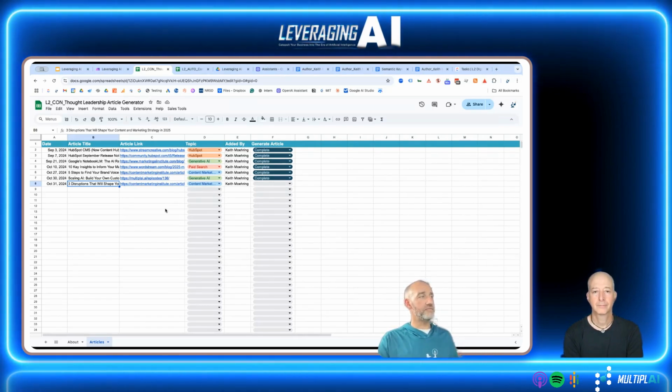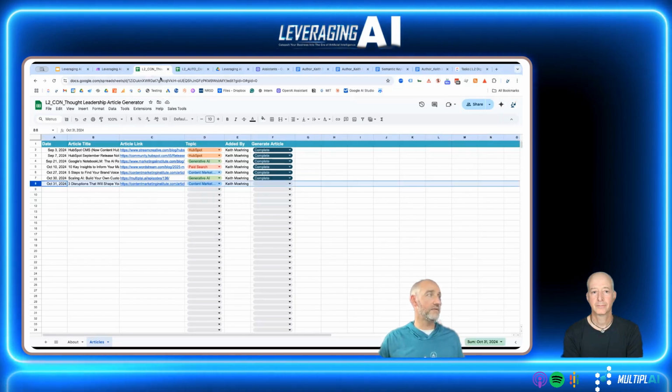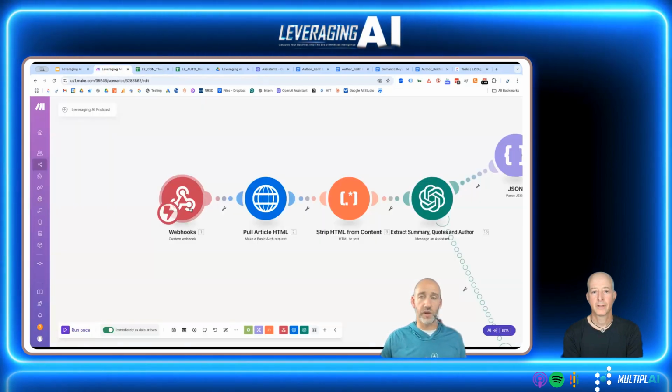So in this case, I've built a tool with Google Sheets. There's a Google Apps Script tool that you can build, and again, you can use ChatGPT to help you program and write these little tools. The idea with this one is that on the back end, as soon as I update this to Go, it's actually going to send this row's worth of data off to this automation through this webhook.